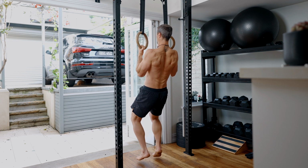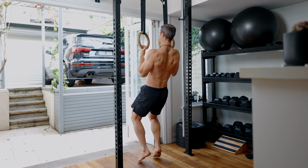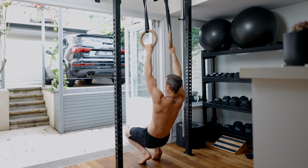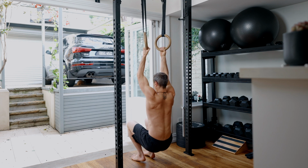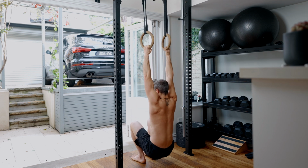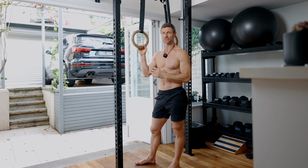To progress on that, you can lift the feet off at the top and then come down, come up, get an isometric, then come down. To progress that, you do the eccentric. So you're coming up and trying to keep the feet off, lower to the bottom. Spot yourself up, lower to the bottom. Now usually if you can get 3 reps for a 7-second eccentric, you can do a